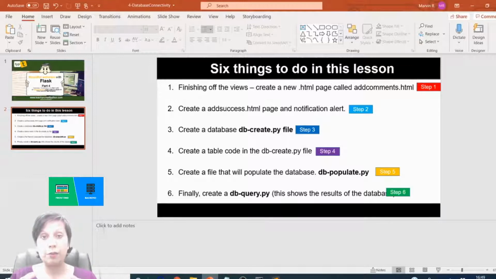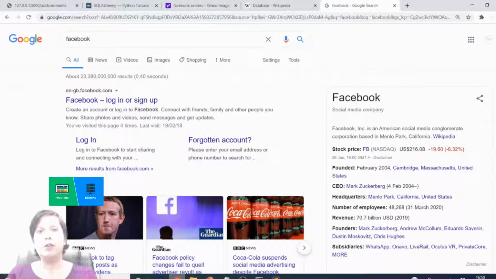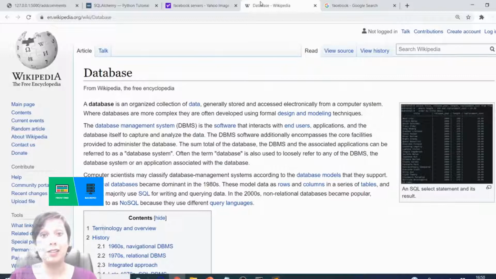That's going to involve making 3 different .py files, which are going to do with actually making the database, creating a table, filling it with data, etc. Before we do that, if you have been studying computer science, you should really know what a database is. It's just an organized collection of data. And obviously when data is organized, it really becomes information. A relational database would allow you to access that data electronically, and you have different types of databases,